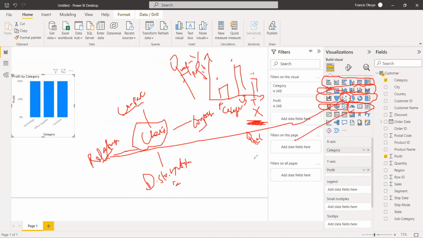This one is for when you are presenting single values. This one is like your KPI. You know how you have KPIs? This is your slicer. These are tables. Then this one you are connecting to R and Python scripts. So we are going to go through most of them, but these are the major ones that we will see. But take note, in your Power BI,